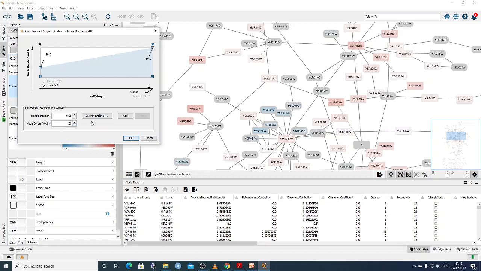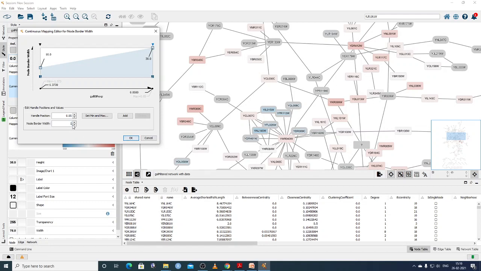So here we want to set 10. Now we have set the border width to 10, because as you can observe here it was 30 previously. When it was 30, you cannot read the letters inside properly, right?